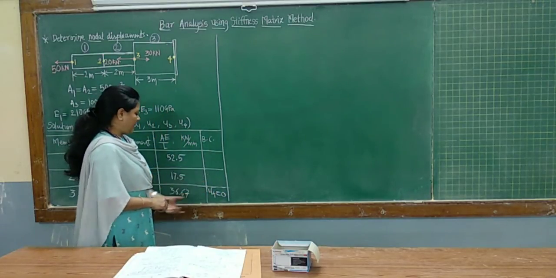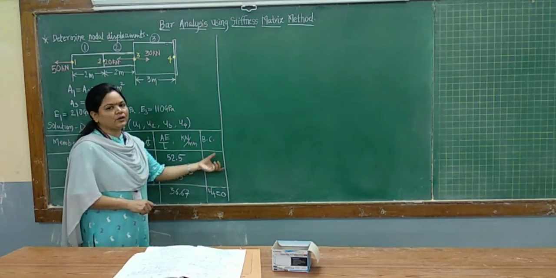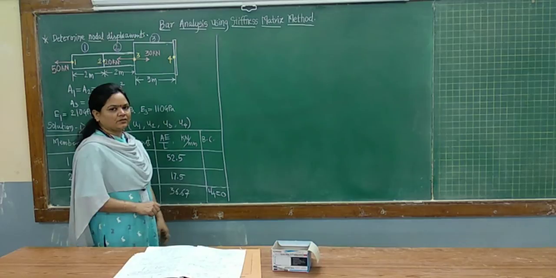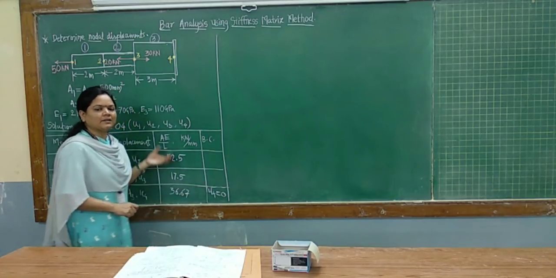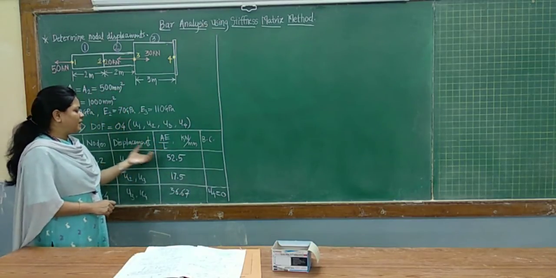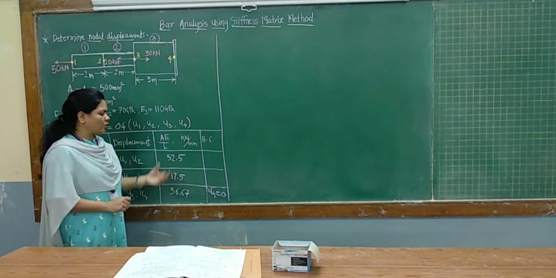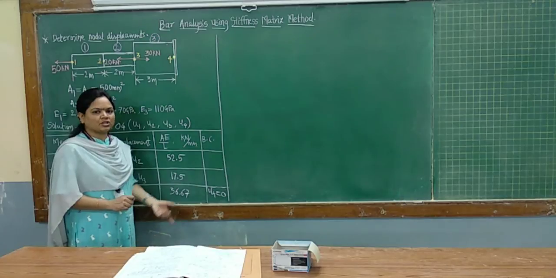And the remaining 3 are unknown. So here you can write U1, U2, U3 is equal to question mark. So these are the boundary conditions. So this first step is completed, that is to write the degrees of freedom and to complete this table, where these two are important columns, E upon N and boundary condition.